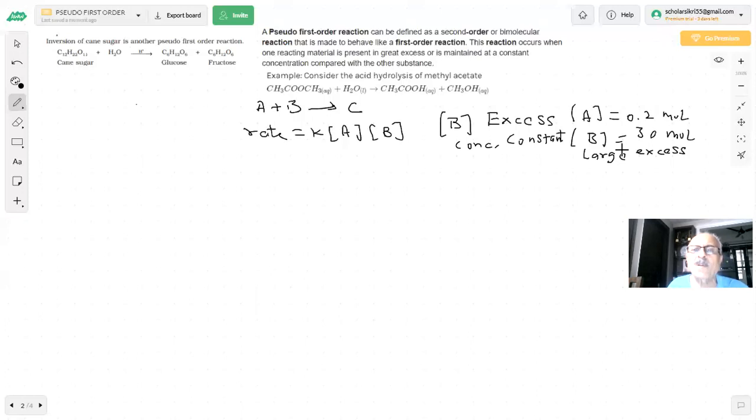The change is very small. So the overall result will be, I can say that rate is equal to k, which is constant, and [B] is also constant, since it is present in large amount. I put another constant k' into [A]. Now the reaction behaves as a first order. Actually, it was second order. So this is known as a pseudo first order reaction. Pseudo first order reaction. And students, my k' is equal to k into the concentration of B.